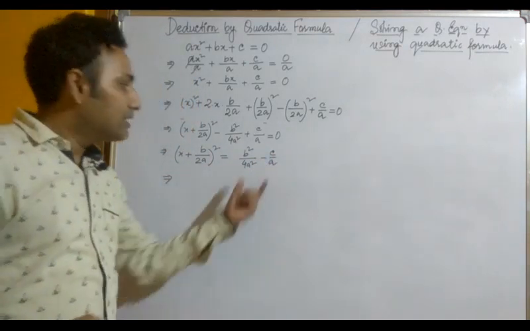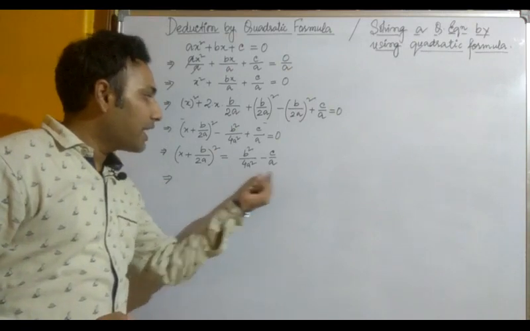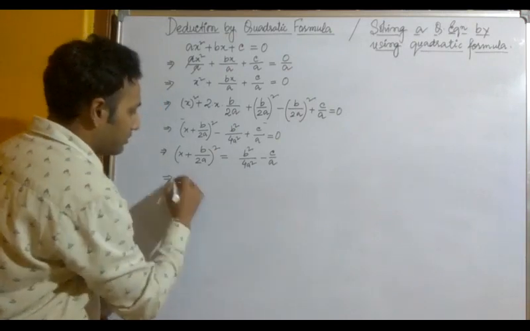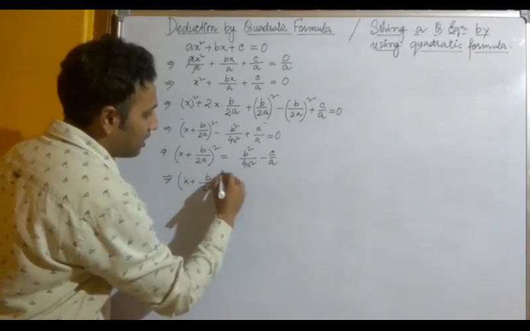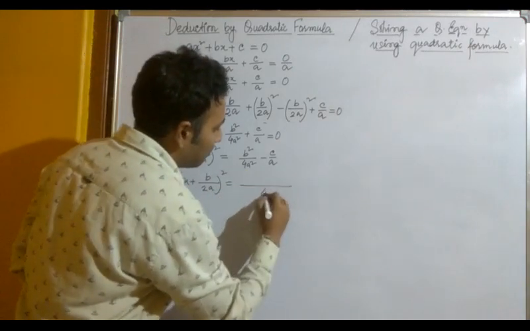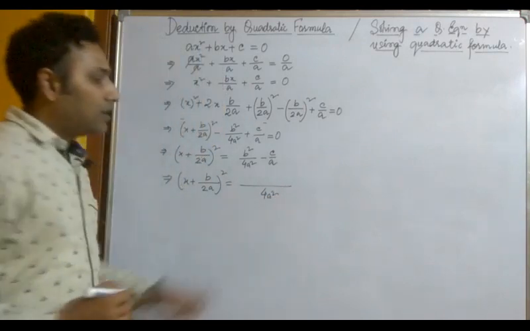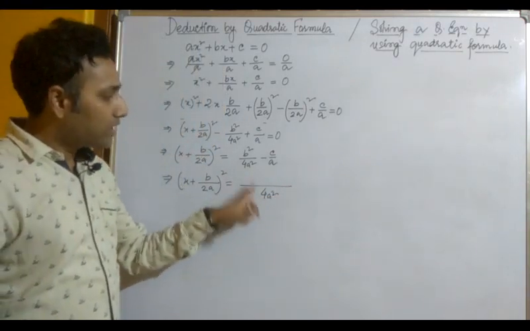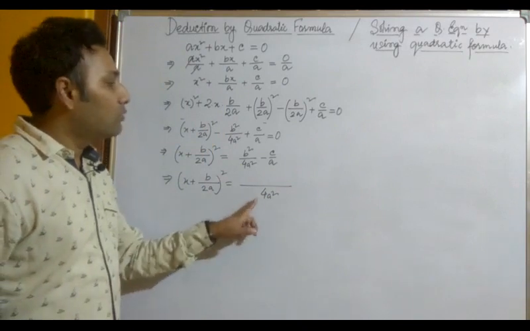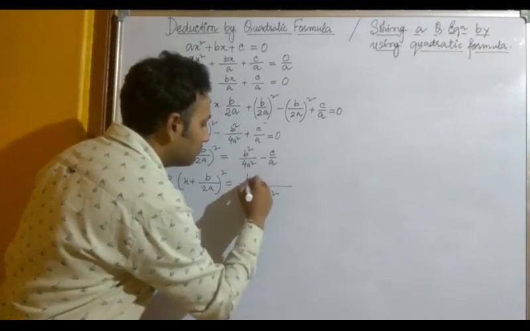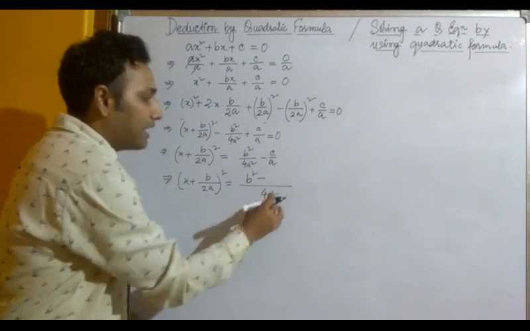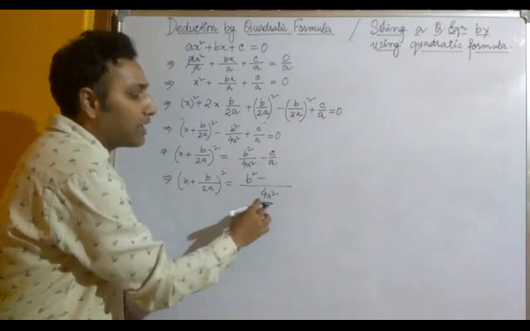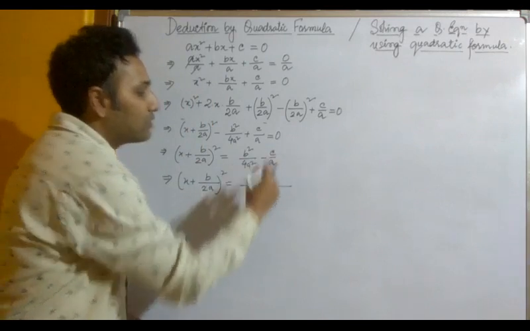Now if we simplify this part, the LCM of 4a square and a is 4a square. So x plus b by twice a whole square is equal to 4a square. Now if we divide 4a square and 4a square, we'll get 1. So 1 into b square will become b square minus. Now 4a square divided by a, 4a will remain here. So 4a into c will become